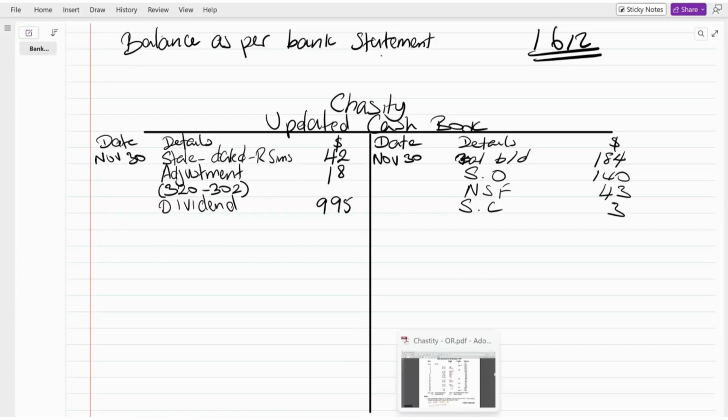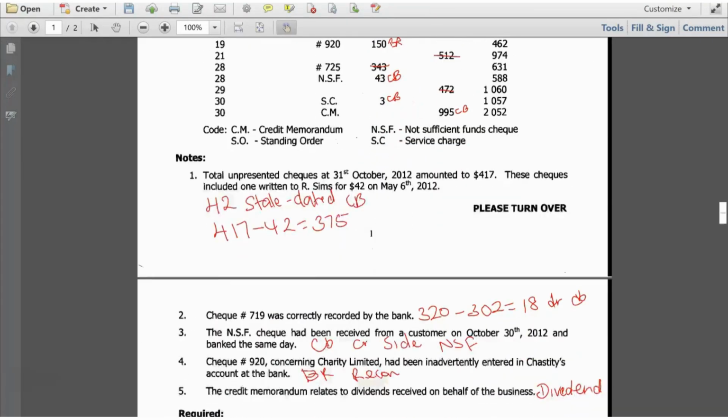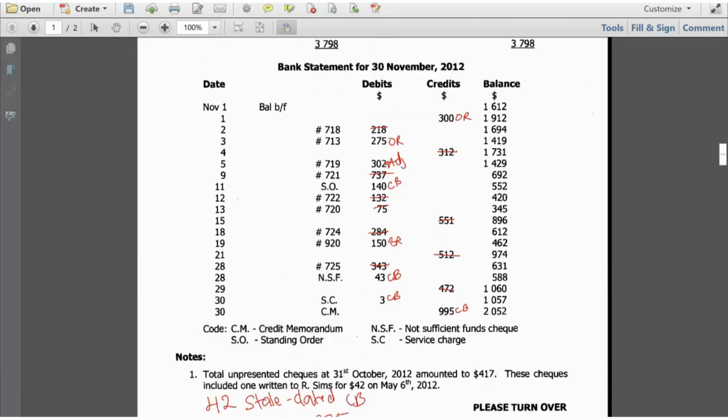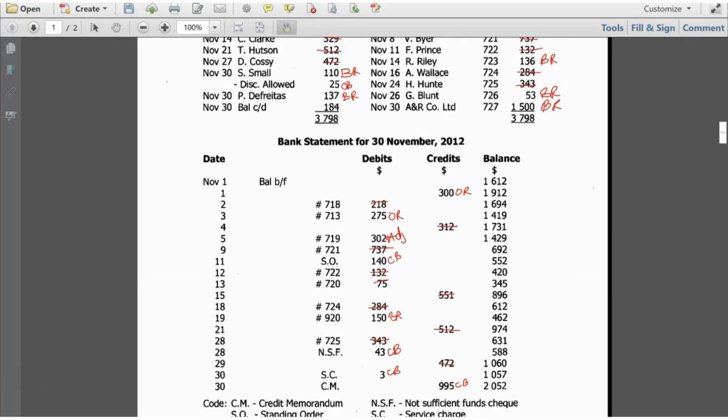Is there anything else that we need to include in our updated cash book? So we just went through our notes, covered everything in our notes. We went through our bank statement. We covered everything in our bank statement. Let's just double check